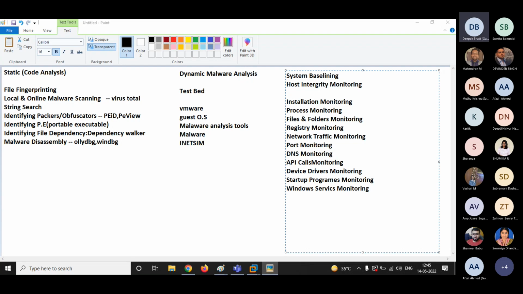In installation monitoring, you'll be doing what? Installation monitoring helps investigators to find and detect hidden and background installations which malware performs.